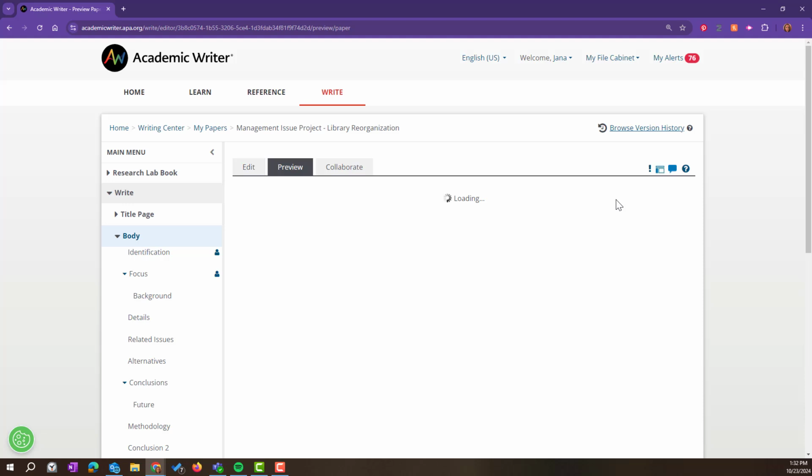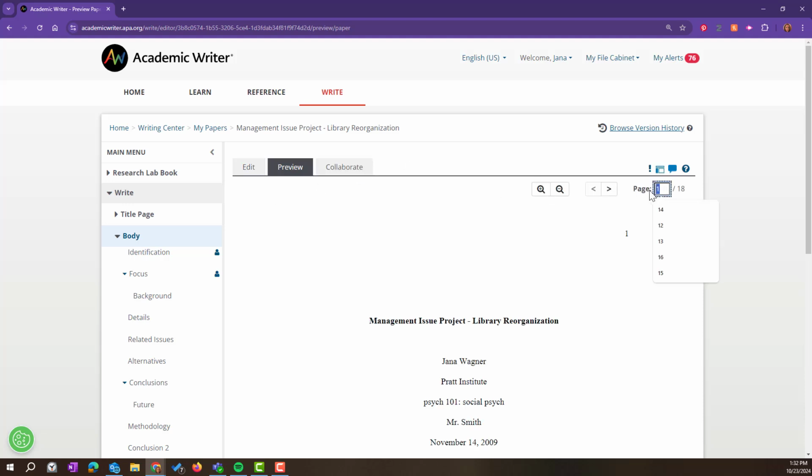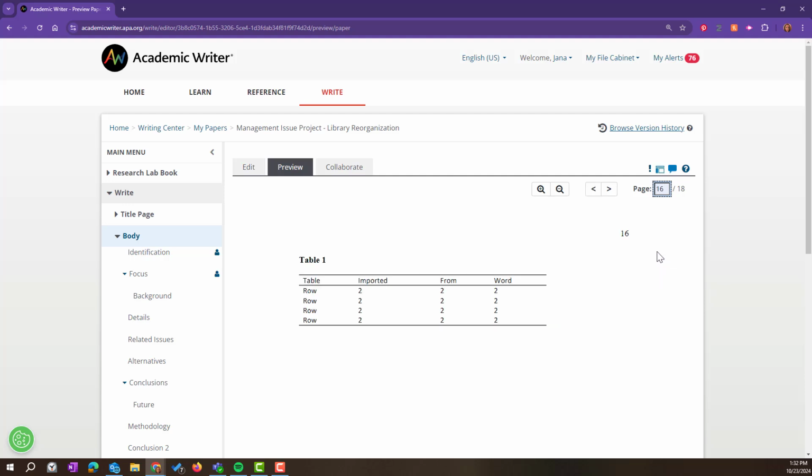So let's just go ahead and double check. Academic Writer's thinking. We're going to navigate to page 16. So table 1,